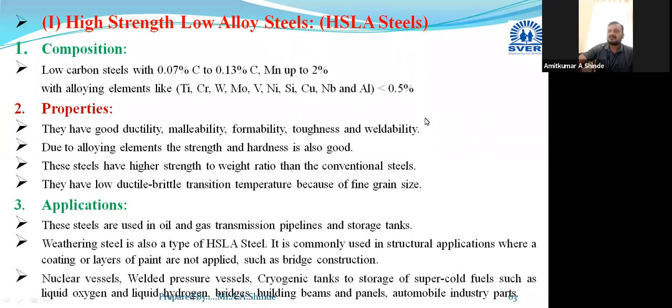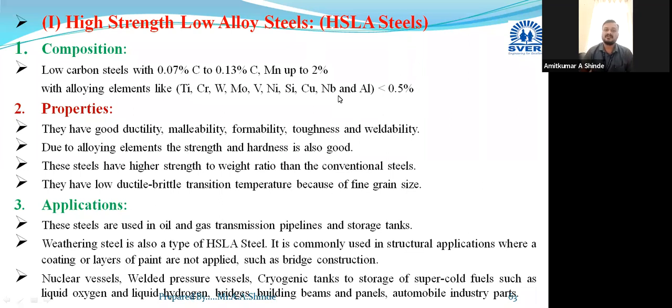Now these are alloy steels, and the questions will be like this: questions will be only related to their composition, their properties and applications. Only these three points you have to consider, and one extra point will get added if any kind of steel has some subtypes. Suppose in the case of stainless steel or different kinds of tool steels, they have a sub-classification. Then that sub-classification with their composition, properties and applications, we are going to discuss.